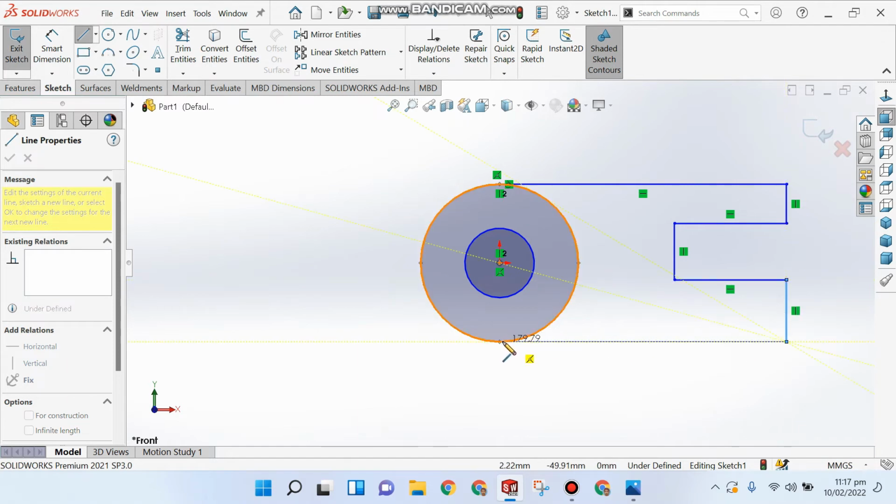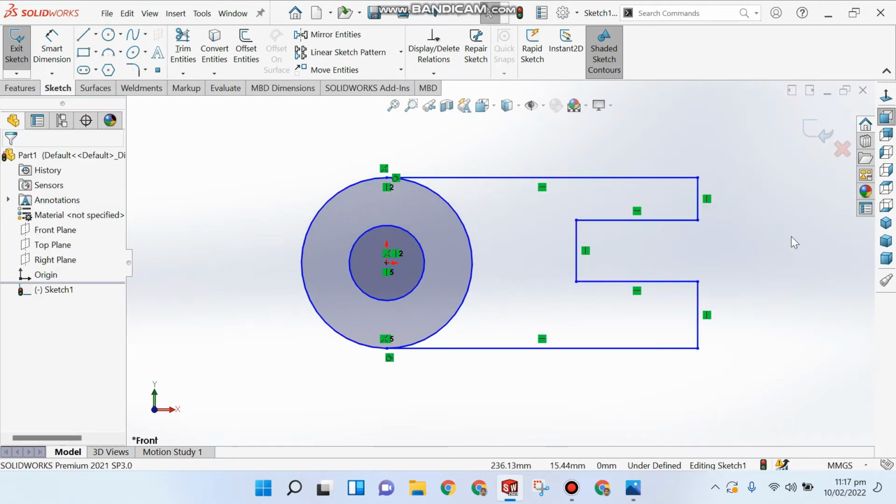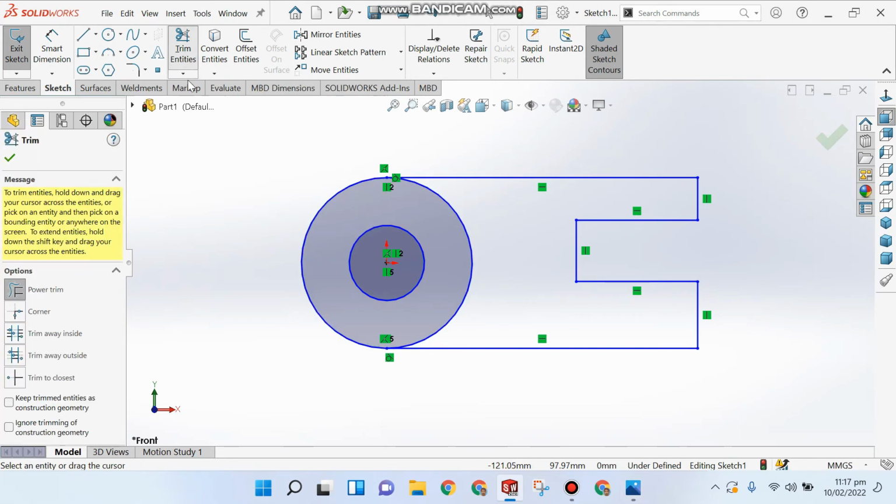This is a rough sketch, but it will look like this. So you can see this part of the circle is not here, so I'm going to trim it. For that I just click on trim entities and drag like this. Okay,